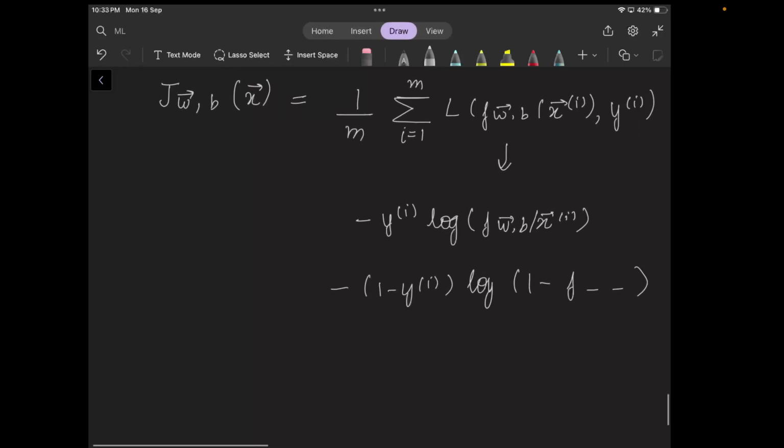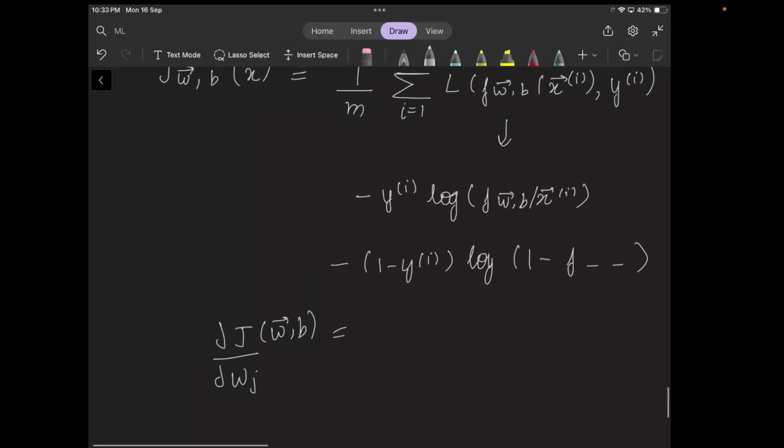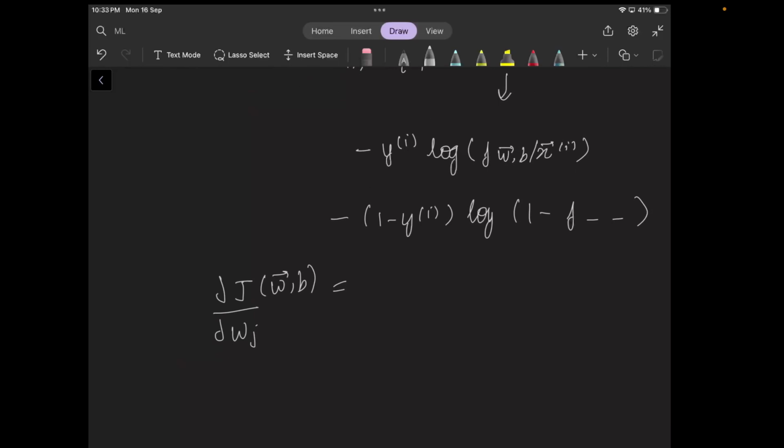Alright, now if you take its derivative, del J by del w, you will find out that it is actually the same as what we found for linear regression. For linear regression, for the derivative with respect to w, what was the expression? It was something like y hat of i minus y of i times x of i,